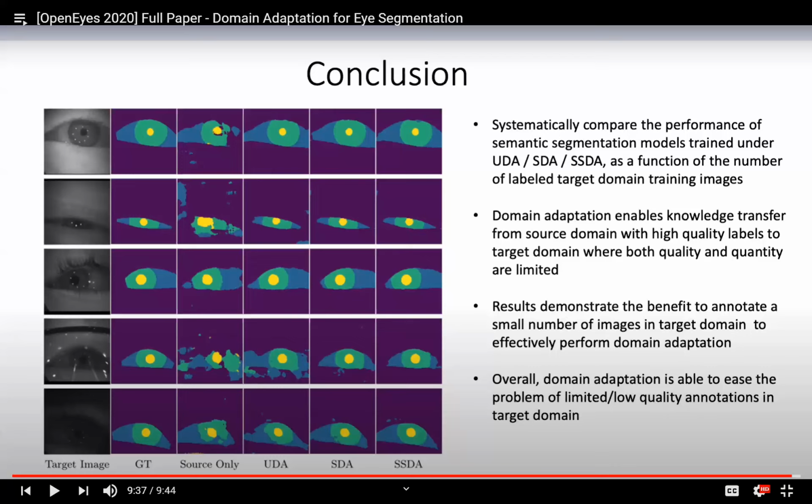With very limited data available in the target domain, SSDA has the largest performance gain compared to fine tuning and directly training on the target domain. We haven't done the experiments of varying the amount of data for only training the segmentation network on the target domain. But we do observe that with limited target domain data, SSDA has the best performance, with more than 3% more intersection over union compared to the two baselines.